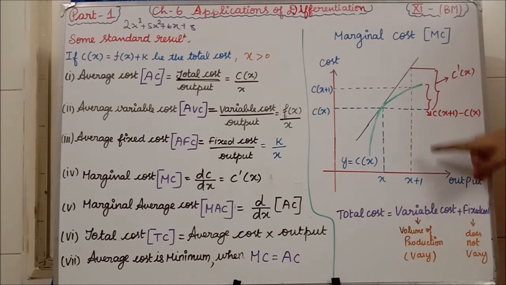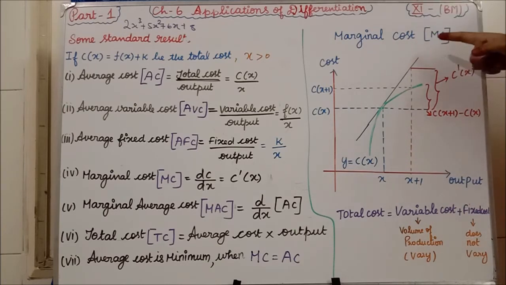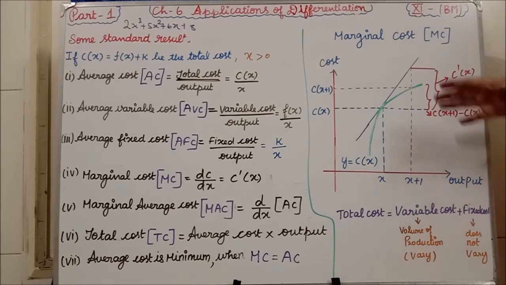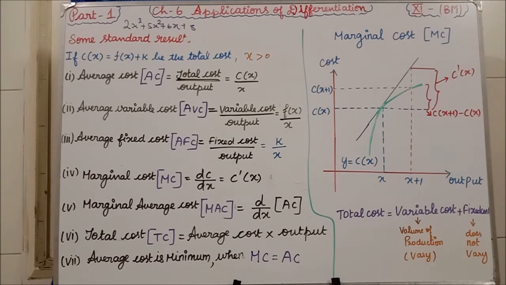Now this is the graph for marginal cost. In that same graph, I will change and show you for the revenue. For that also we have some results. Now we will see that. After knowing all the results, only then can we start the exercise. It will be easy for that.